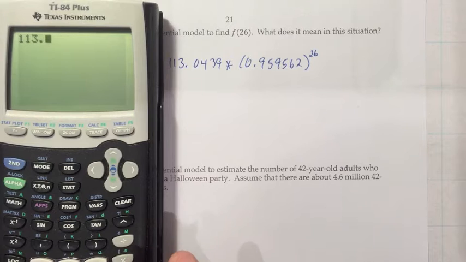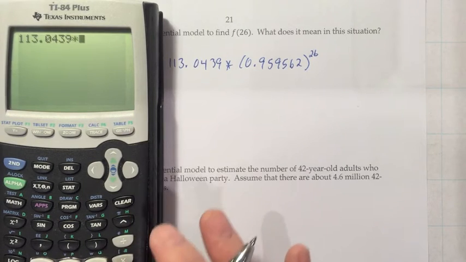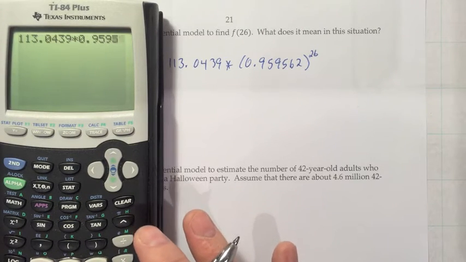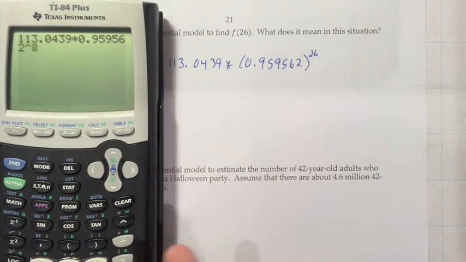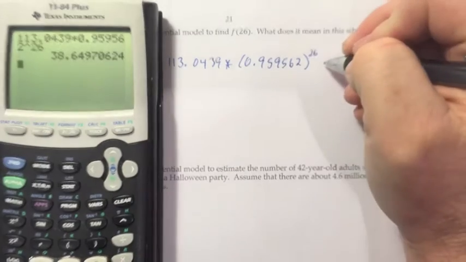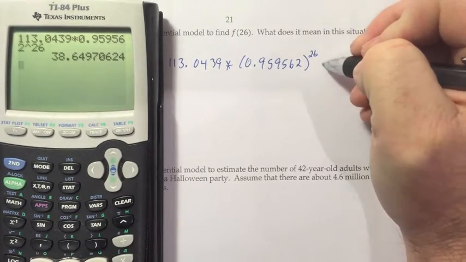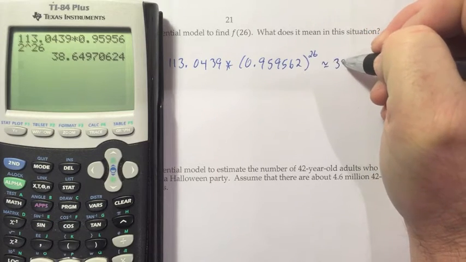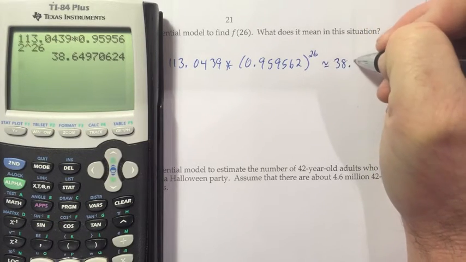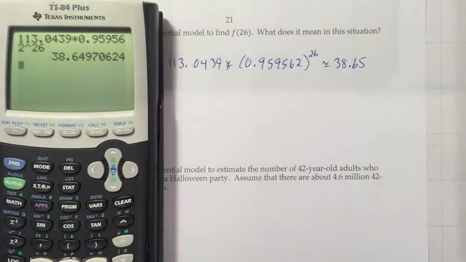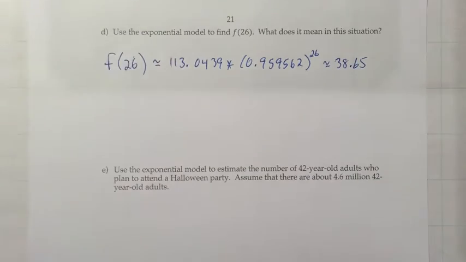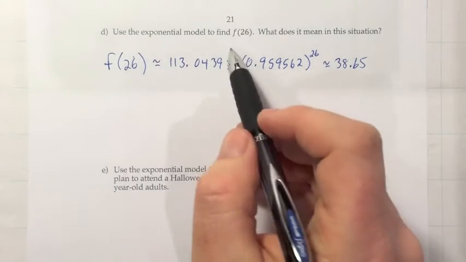So 113.0439 times 0.959562 raised to the 26th power. And let's see, that would be about 38.65. Now I started to think about what are the units on there, but I kind of hesitated because they